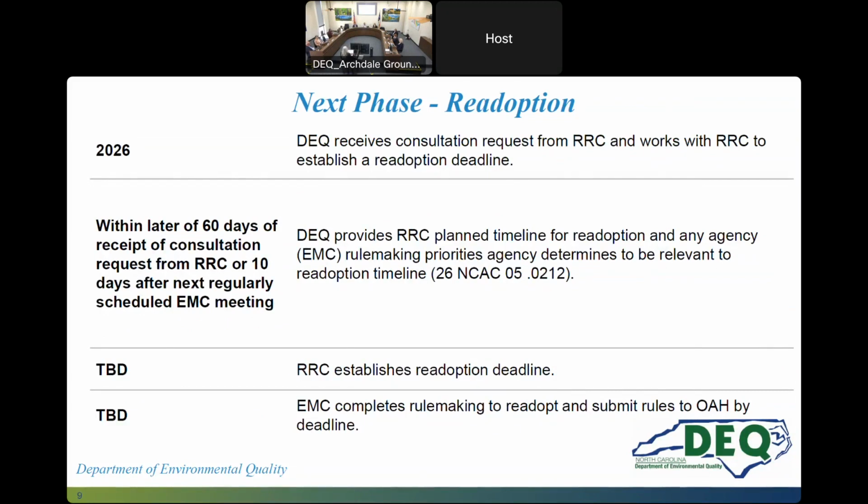And we have to provide that within the later of 60 days of receipt of consultation request from our RC, or 10 days after the next regularly scheduled EMC meeting after receipt. So we would then follow through the process to see what readoption deadline our RC finally decides on and establishes for us. And then we would be back to you many times after that to complete rulemaking, to re-adopt and submit the rules to OAH by whatever that